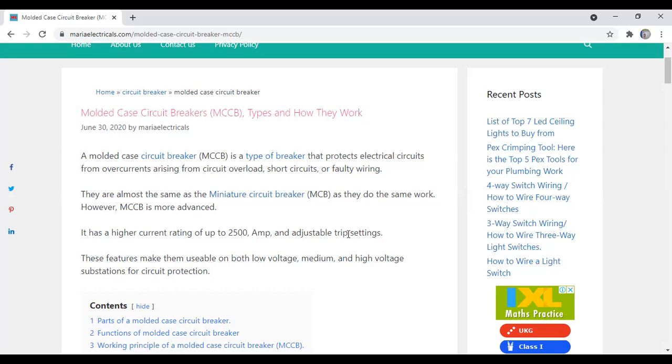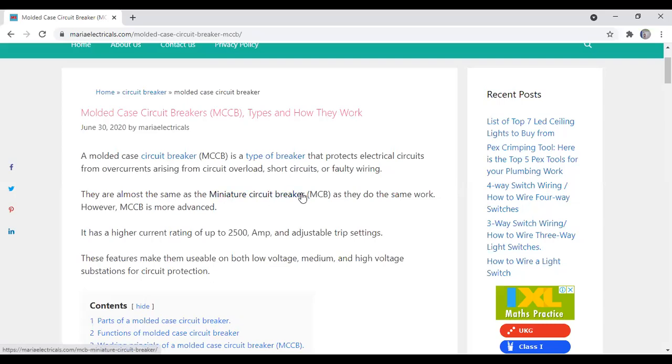Yes, sir. Okay. Trip setting means we are setting the MCCB, molded case circuit breaker, to a particular predefined value. Let us assume that we are setting to 2500 ampere. Up to 2500 ampere, it is capable of withstanding, so it will allow the current up to 2500 ampere. Above 2500 ampere, automatically it will open, so it will protect the equipment. Suppose you set it to 500 ampere, up to 500 ampere this MCCB will not operate. Above 500 ampere, it will come into picture and break the circuit.